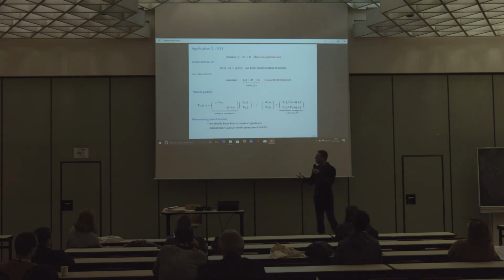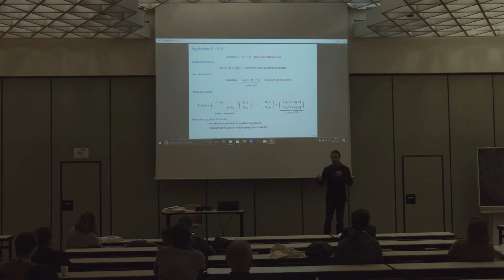Because we have computed the information metric and we know it's a warped metric, we know the expression of the natural gradient, duality with respect to the warped metric, and any derivatives that appear don't involve the derivatives of f. We can fully implement Riemannian gradient descent, meaning natural gradient descent, because we know the metric already, we know how to compute gradients, and we know how to construct geodesics, exact solutions of the geodesic equation. So we're quite good with solving this kind of problem. And this generalizes known evolution strategies like CMA-ES to black box optimization on manifolds.